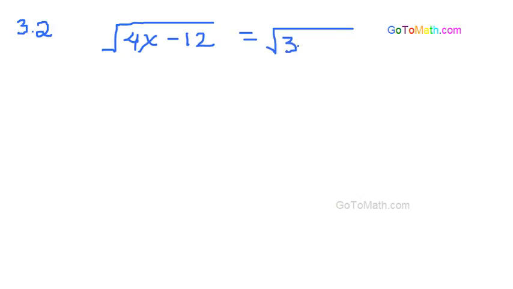Okay, so we have the square root of 4x minus 12, and that's going to be equal to the square root of 3x plus 2. So what you need to do is get your notebook out, get a pen, pencil, or a stick